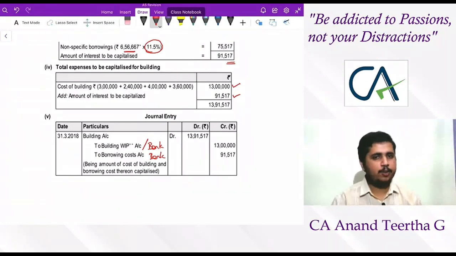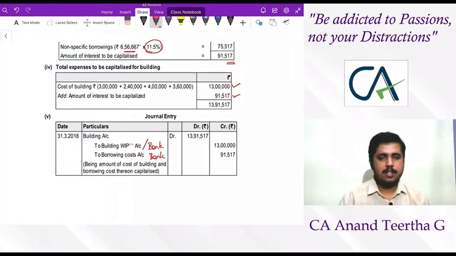Other things are easy to understand. To some extent students will find it difficult how general borrowing capitalization comes, and I have tried to explain it as much as possible. So I hope everybody understood how this general borrowing mechanism is supposed to work. So with this, we end the